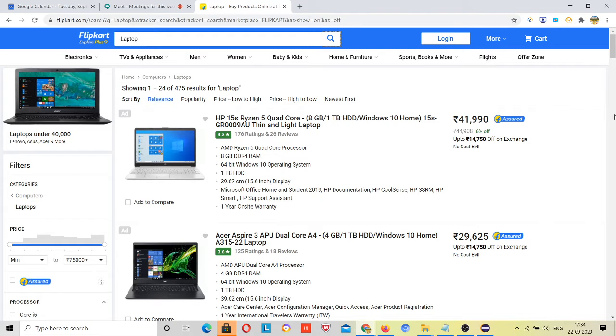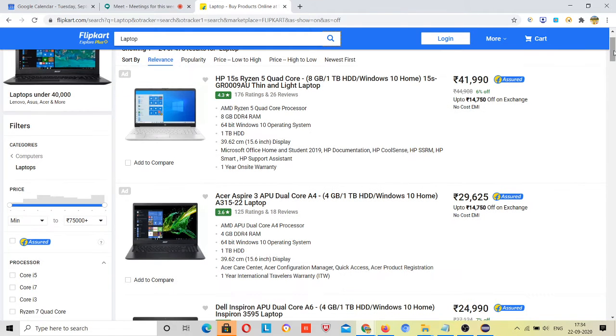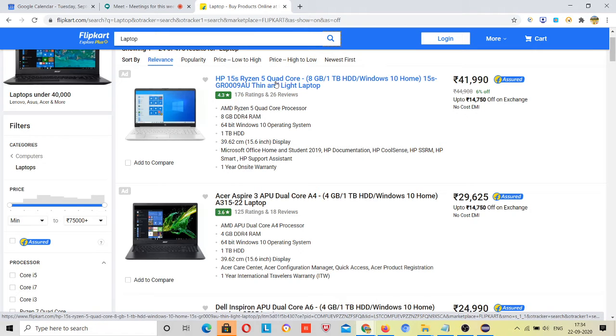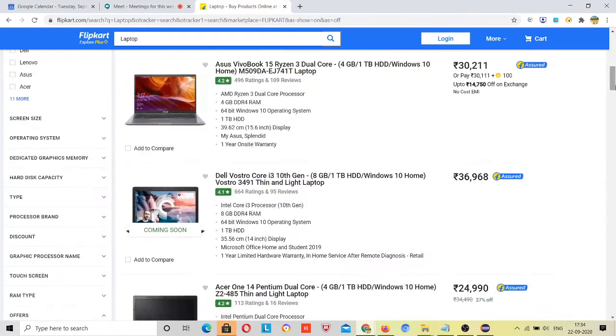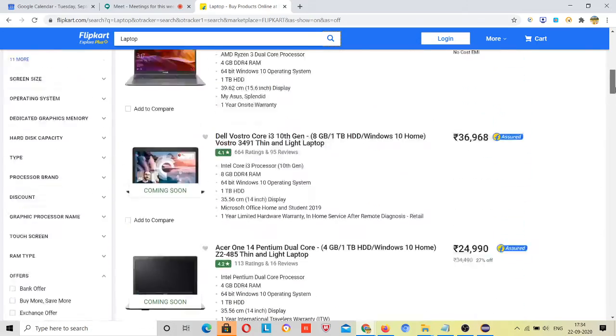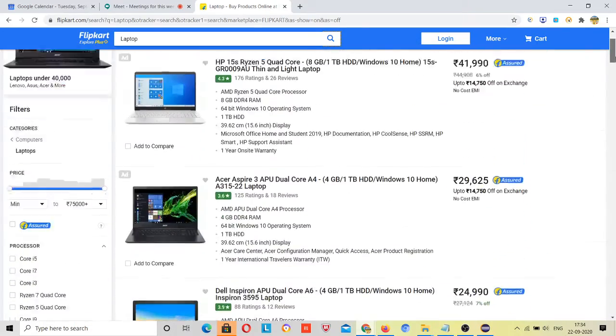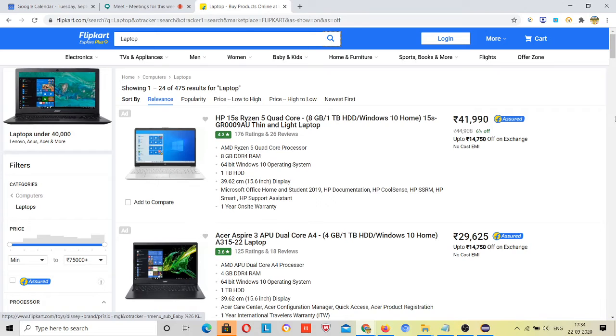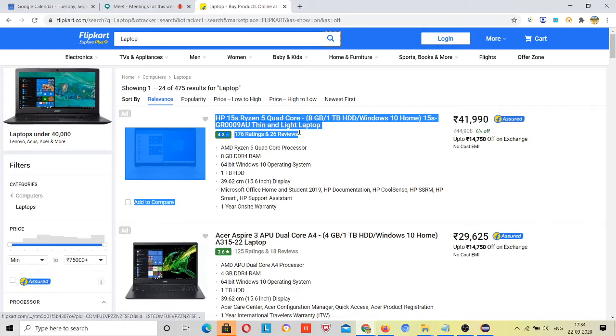I want to print all the laptops. This is the description, and I want to print the description for each laptop. So there should be a common locator which will locate all of these. There will be a common CSS, which we can guess because the printing will be the same design, so the same class will be used.